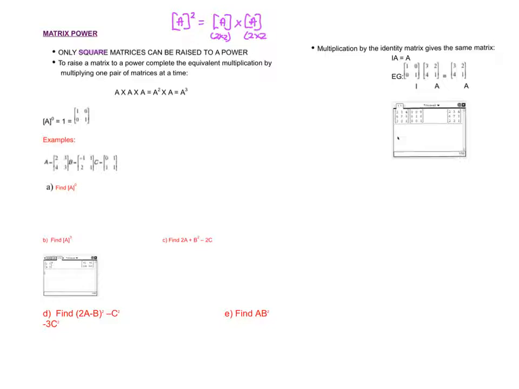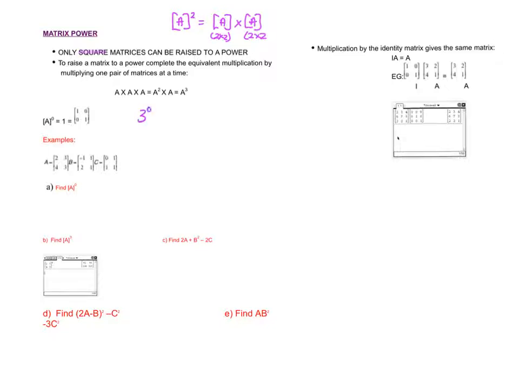Alright, so when we look at powers, it can only be a square, so that can save you in a multiple choice to be quite quick. If they said, what's the answer to this, make sure you just eliminate anything that's not a square matrix. And the other thing to look at, when we have